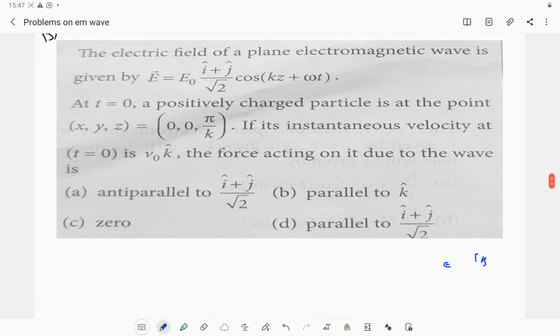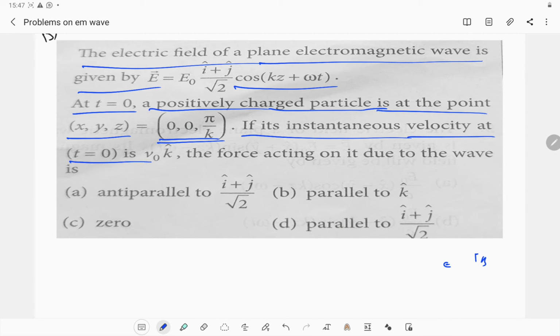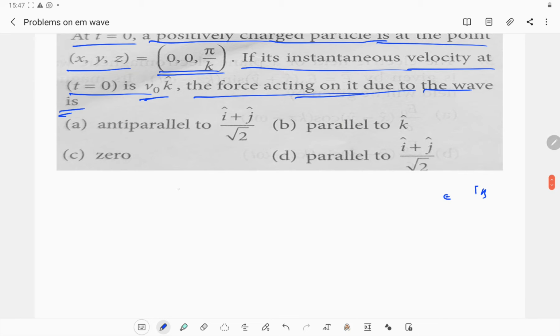Next, 15. The electric field of a plane electromagnetic wave is given by E naught times (i cap plus j cap) by root 2 times cos(kz plus omega t). At t = 0, a positively charged particle is at the point x, y, z = 0, 0, pi by k. If its instantaneous velocity at t = 0 is v naught k cap, the force acting on it due to the wave is. Here, in an electromagnetic wave, force is acting